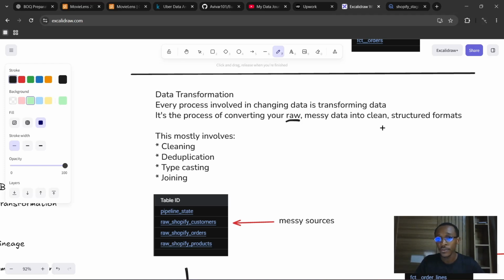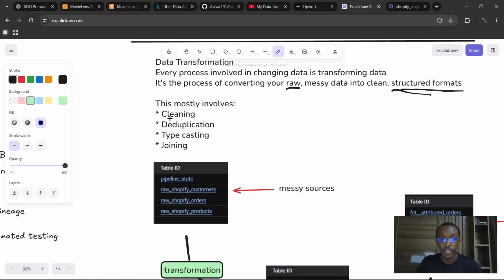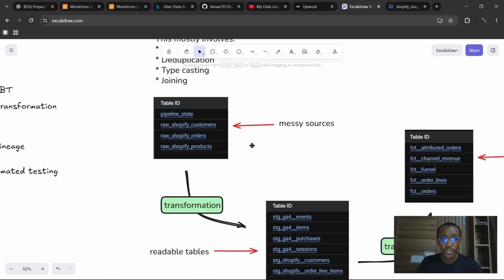raw data into structured and useful formats, right, for the end users. This mostly involves cleaning, deduplication, typecasting, and joining. And you could see here that